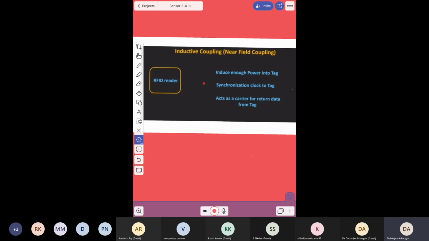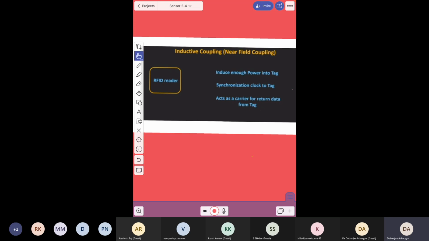That means whatever radio waves it is sending have a frequency. So due to those radio waves, the tag will energize, and that will create some voltage, and that voltage is also synchronized with the frequency sent by the reader, and the radio waves also act as a carrier for return